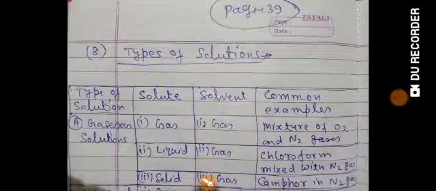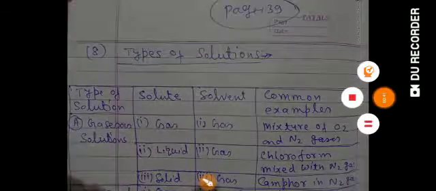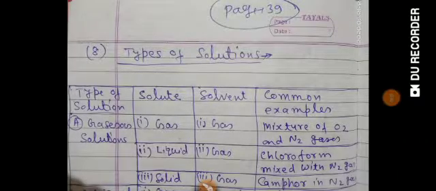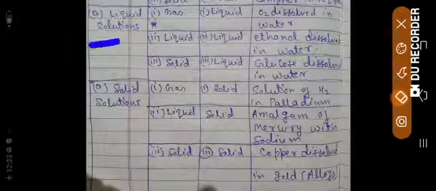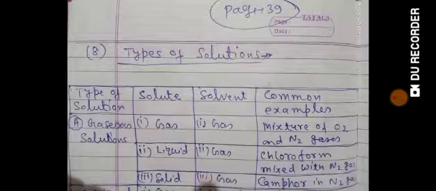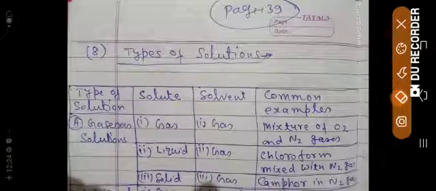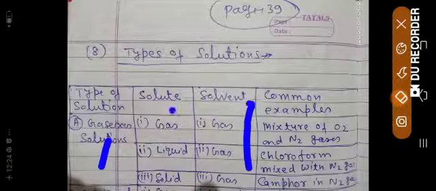Now we are shifting to the next part. In the next part, what we will see: liquid solutions. Now come to the liquid solutions, student. In liquid solutions, you always see the solvent as a liquid. I am going to pair it first with gas, then with liquid, then with solid, just as we did in the gaseous solution, where all the gases were paired with gas, liquid and solid. Just like that, I am going to explain this with the liquid solutions.